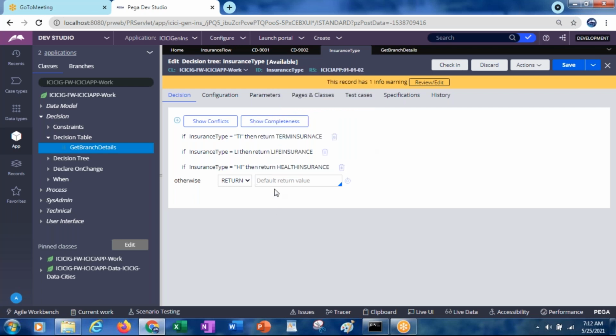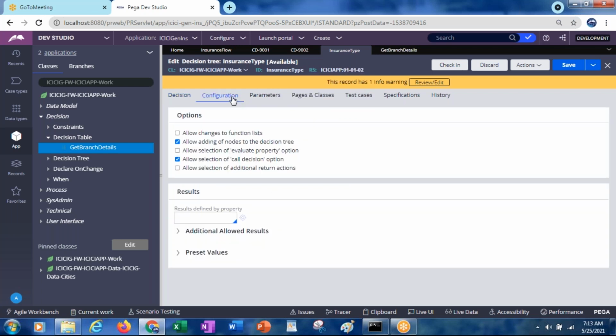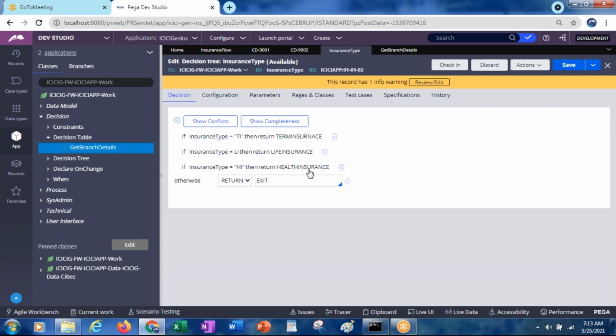Okay, next, allow changes to function list and allow selection of call decision option. So here we are returning, right?